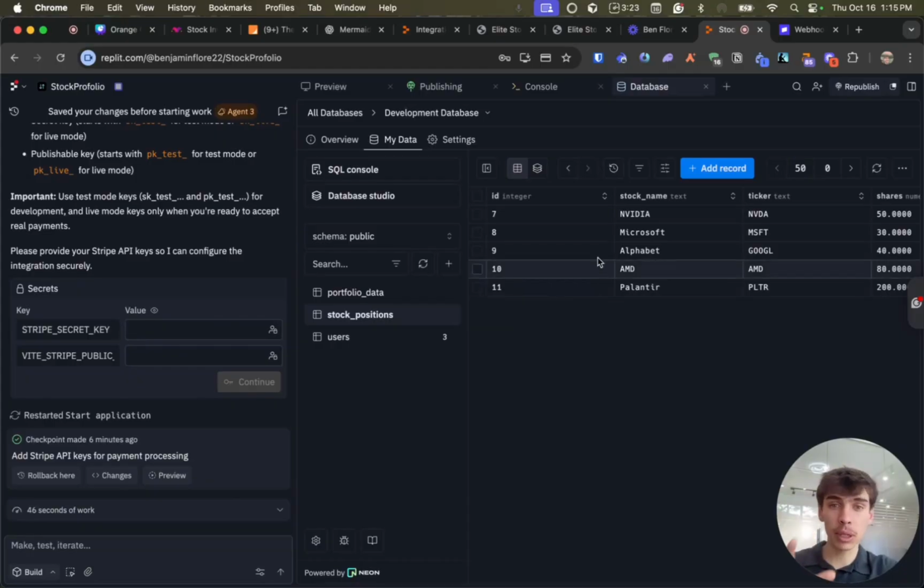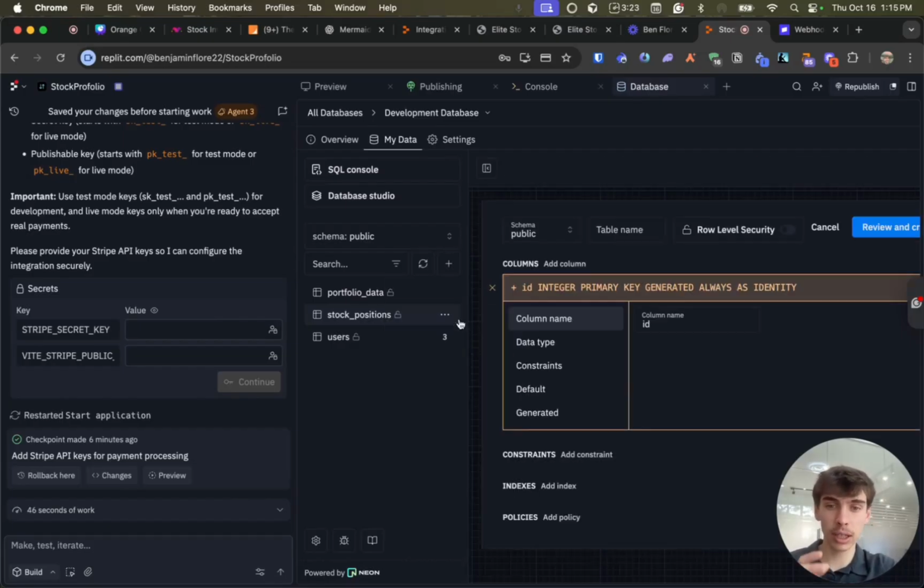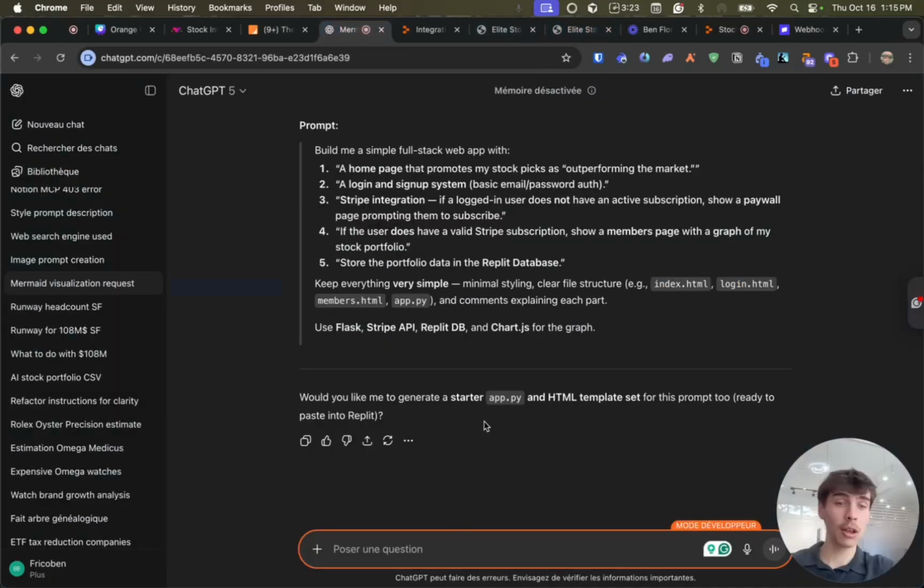And how did I basically do this? You have two ways to do this actually. You can either click on plus here, create a table, create a view, create engines. This is all a bit complicated and is around being a developer and actually trying to manage your database. You can create a table here and actually name it, which is pretty hard to do and long to do, honestly. What I did is I simply asked again my friend ChatGPT,